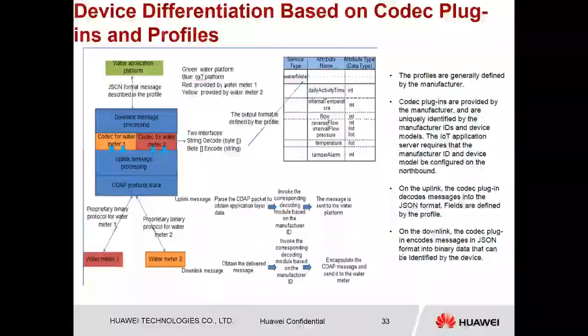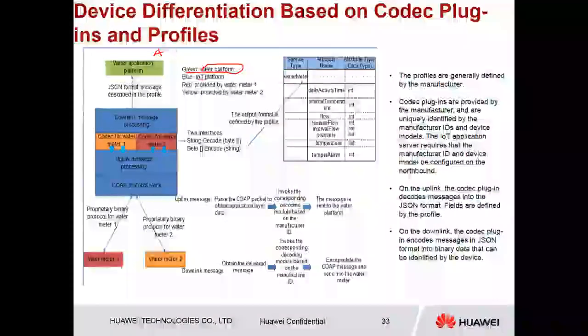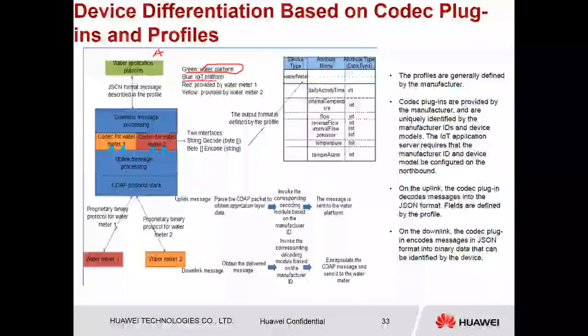And this is an example of how different manufacturers work in our IoT platform. We can check here. The green one is for the customer. Yeah, the customer has a platform, and the blue one is for our platform. The red one is provided by the